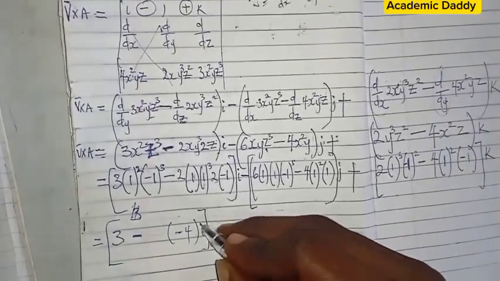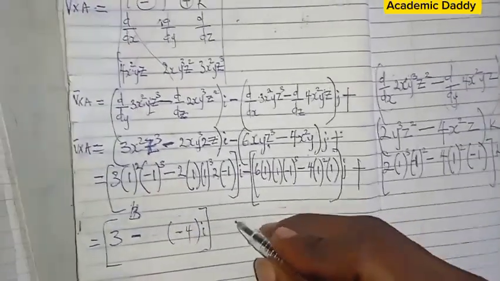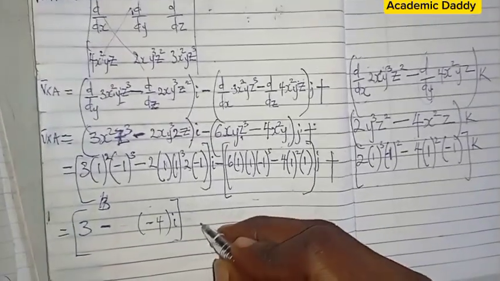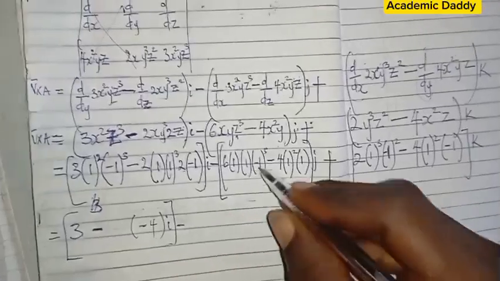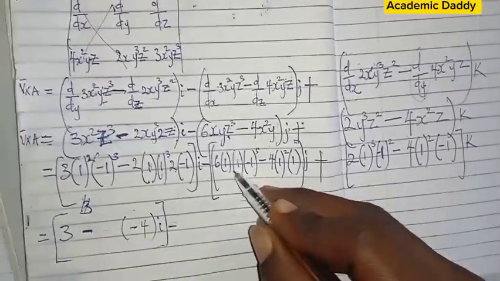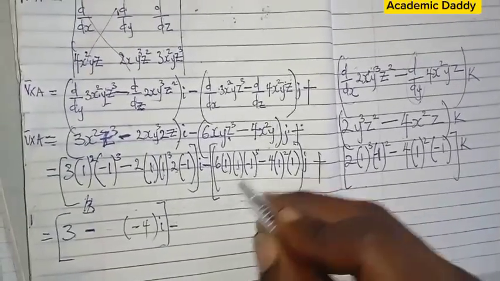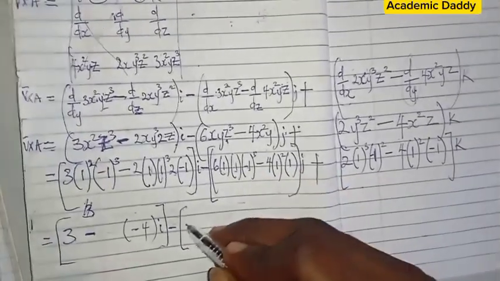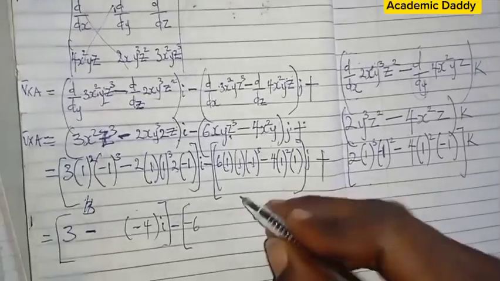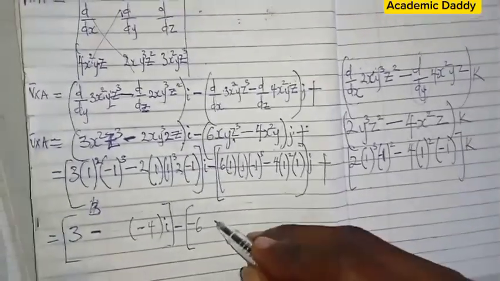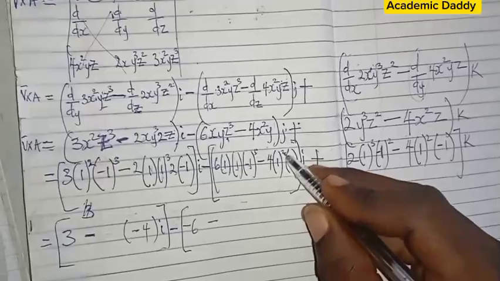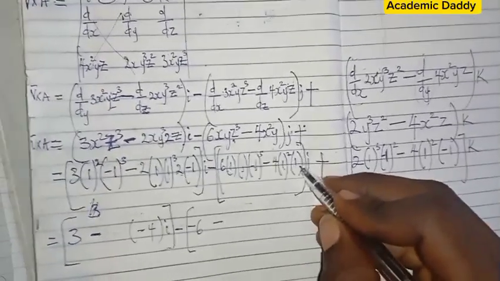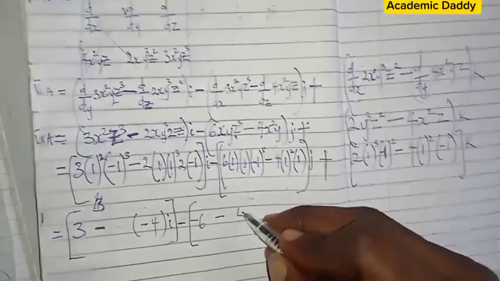So let's just leave it there so we avoid confusion. So this is going to be minus 6 times 1 minus 1. The minus 1 times 6 is minus 6. Then minus 4 times 1 is 4. Then so minus 4